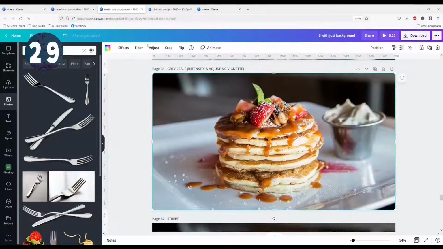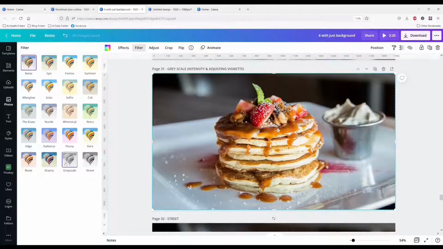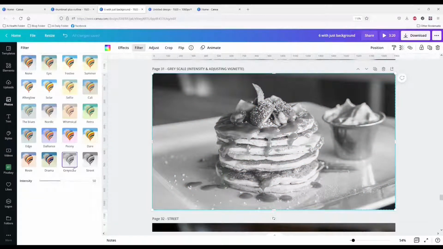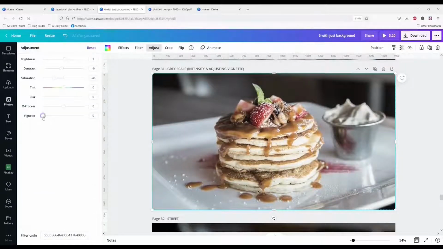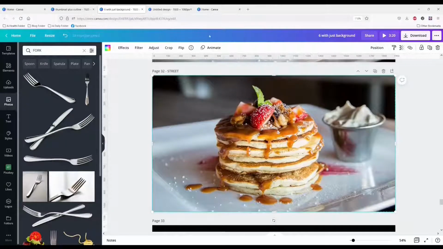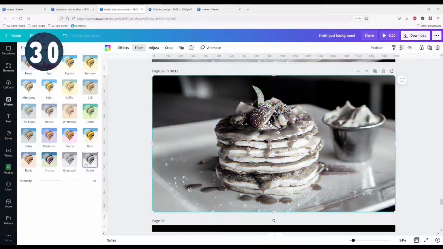Let's look at grayscale. Filter, grayscale. This one is fun to change the intensity on. You can go from nothing all the way to really intense. We're going to take down the intensity a little bit and go back here and adjust the vignette. Let's move on to the last one. Street. It's very much the same, but